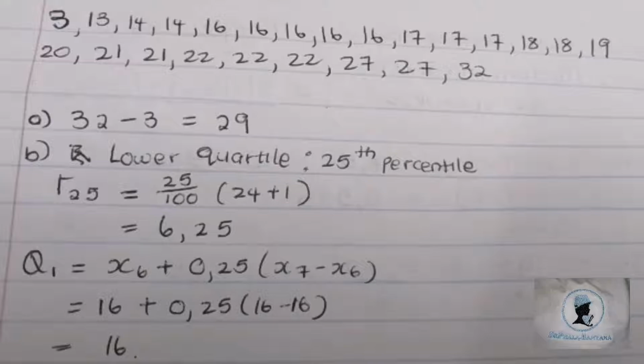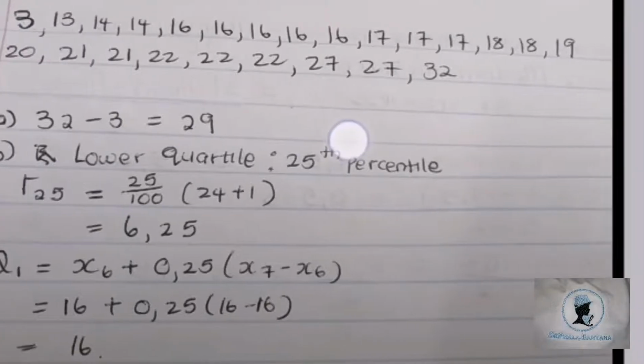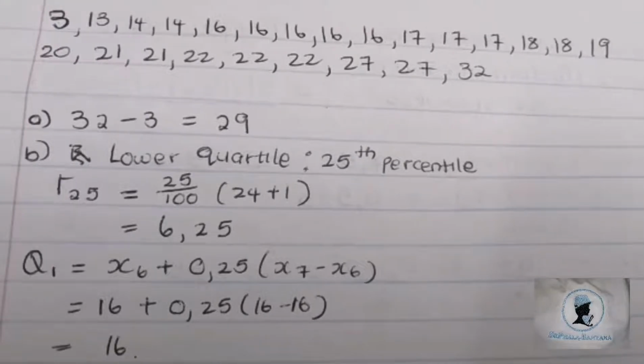So using the pseudo-rank, R_K equals K divided by 100 in bracket n plus 1. For the lower quartile, which is your Q1, your K is 25 because your lower quartile is your 25th percentile. After getting your answer, we know that this means your lower quartile is at position